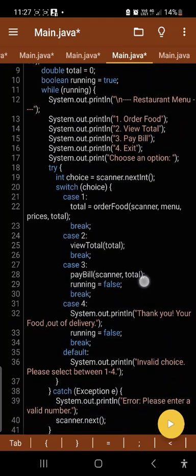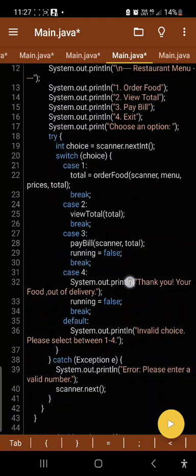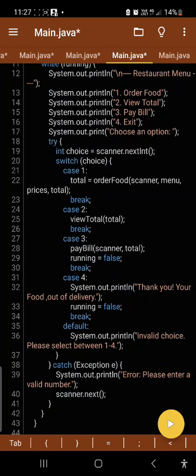Based on the user's choice, the program calls the corresponding method: order food, view total, and pay bill. In the order method, the user can select items from the menu and add them to their order, and continue ordering until they choose to stop.